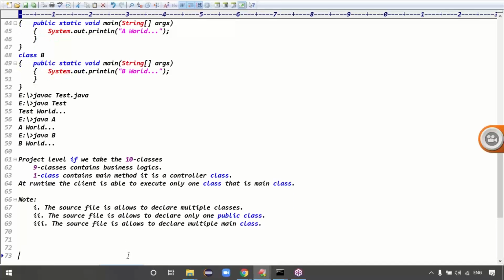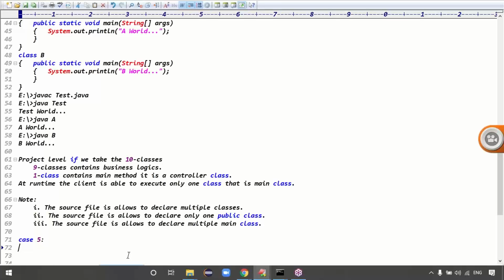In an application, if you want, you can take multiple classes, it's not a problem. But how many public classes are allowed in a source file? Only one public class. How many main classes are allowed? Multiple main classes are allowed, right? Exactly. What is the case number, guys? Case number 4, right? Exactly.